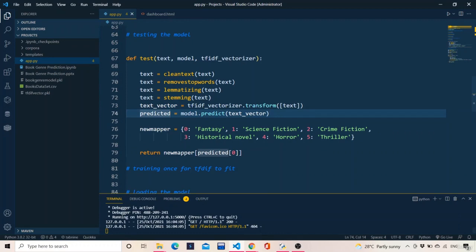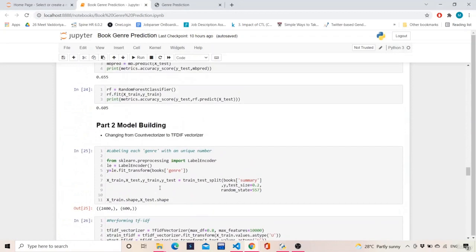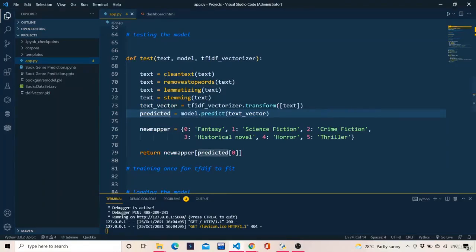So basically, in the last part we did label encoding for our genre column, which consisted of elements like fantasy, science fiction, crime fiction and all. So we are creating a mapper. If predicted is 0, then the genre predicted is fantasy.